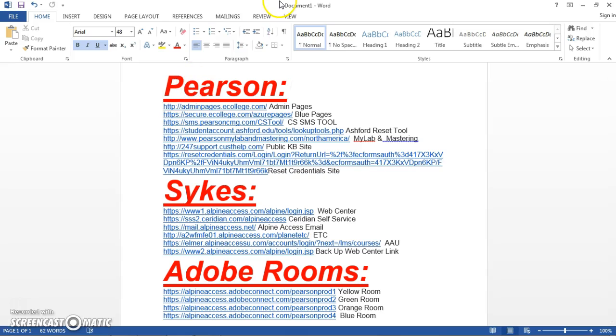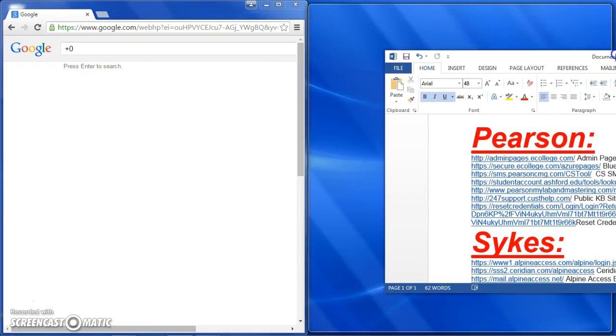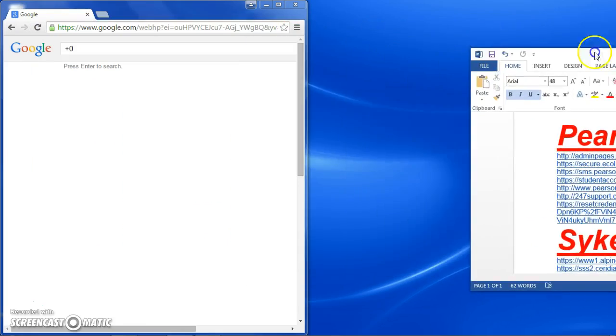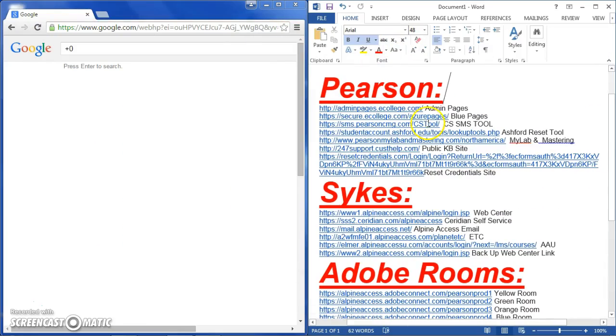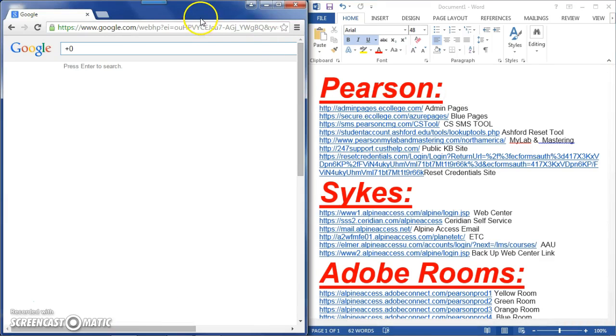First, we're going to start with the Pearson websites and putting them in Google Chrome. To make this easiest, you can grab the top of your window and pull it all the way to the right of your screen. That way you have these sites to the right, and you can add Google Chrome to the left. In the second video, I will show you how to import everything from Google Chrome into Firefox, and